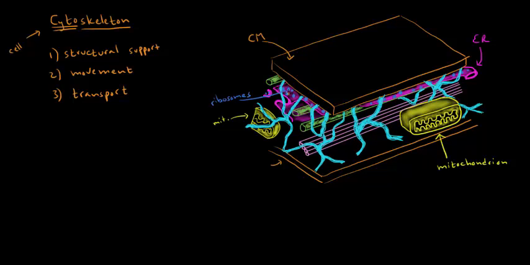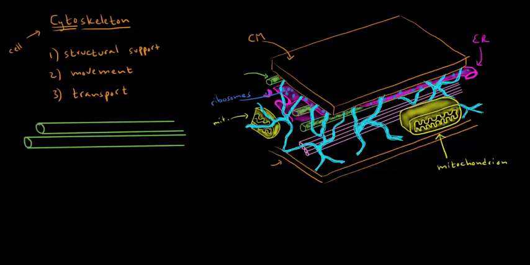And finally, let's get to the structures of the cytoskeleton. So we're going to go through the various structures, explain briefly what each of them do, and then afterwards we're going to go into each one separately and in more detail. The first structure we're going to mention are these green tubes that you see. These are the microtubules,